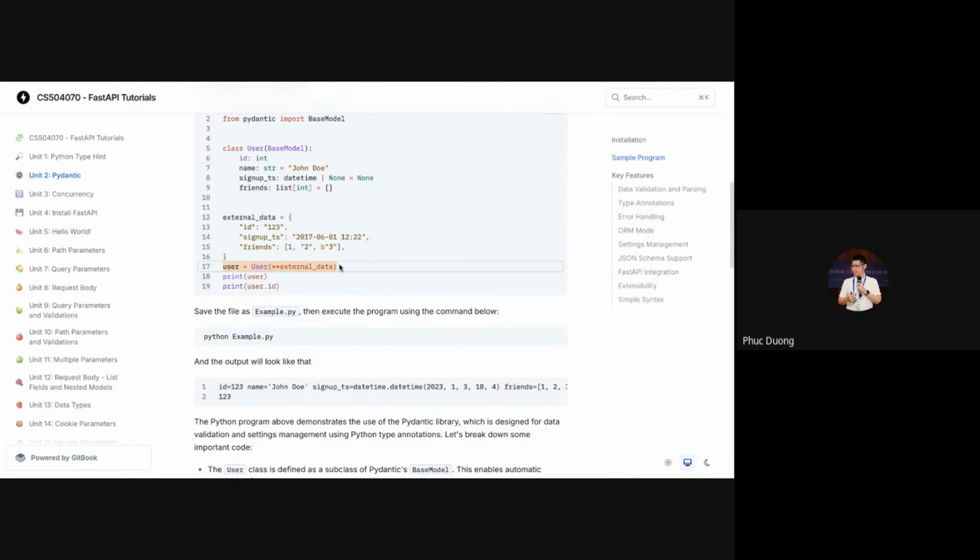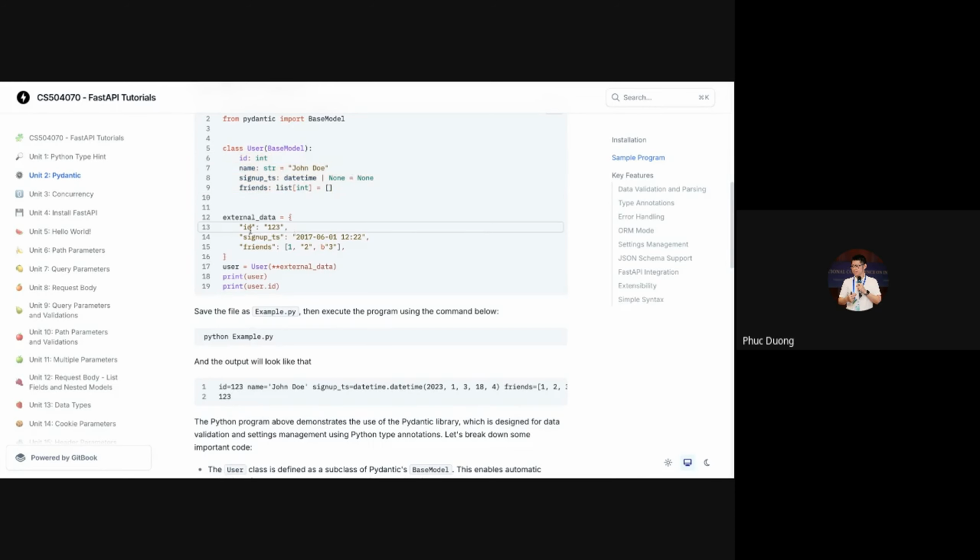In line 17, you define a user variable, and this user variable belongs to the User class, and you now input the external data to the User class. In this case, you can see that the Pydantic model will automatically assign the variables of the external data to the corresponding properties of the User class.